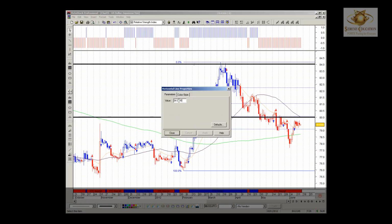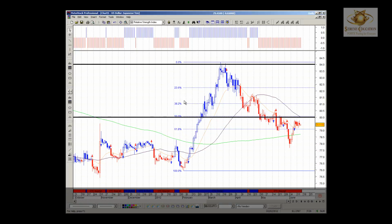Subsequently, price has been reverting to the downside, and we thought that price would actually make an attempt to bounce or find support over the prior breakout here at the 80 mark. That failed to materialize, and we saw price reverting or trading lower than that 80, consolidating in between this. We wanted a definite confirmation signal. That confirmation signal came in this bearish candle here on the daily, I think around the 16th of May, and then you can see that price actually closed